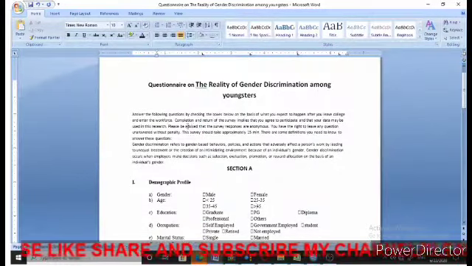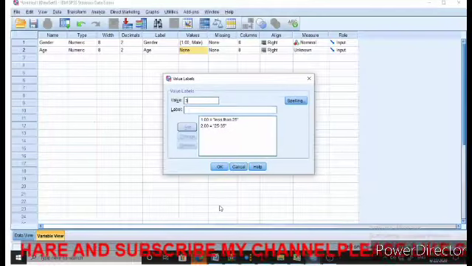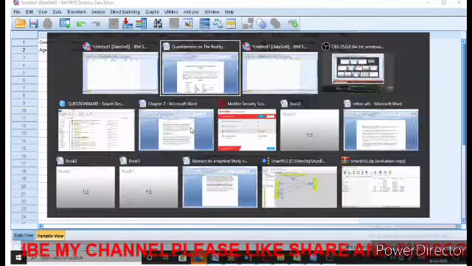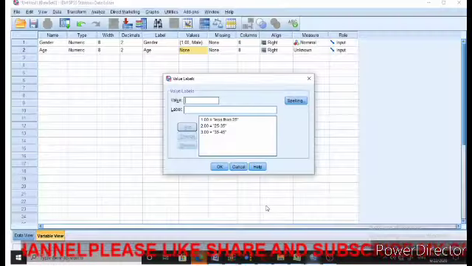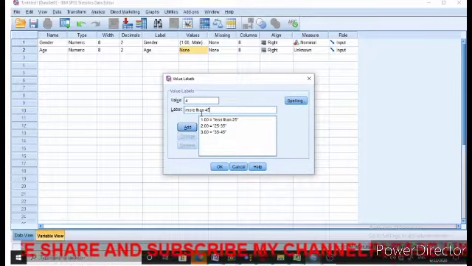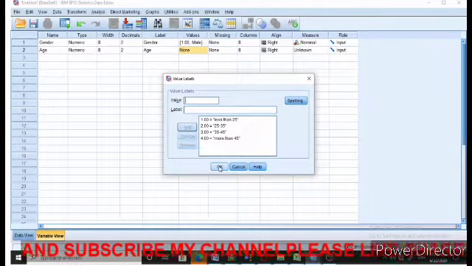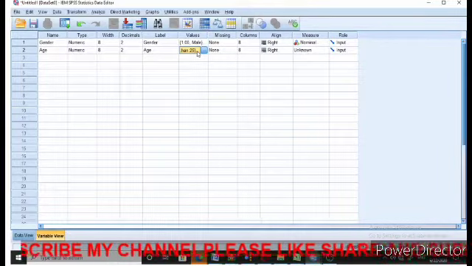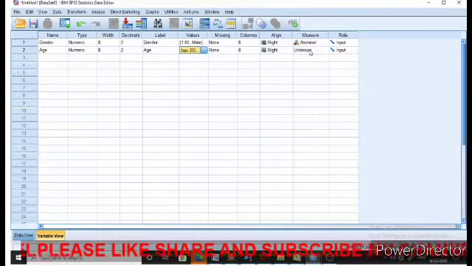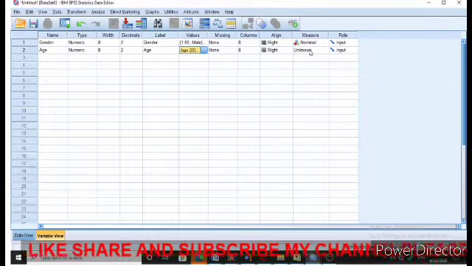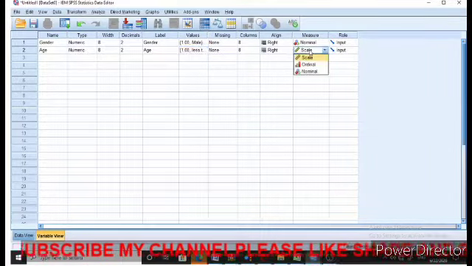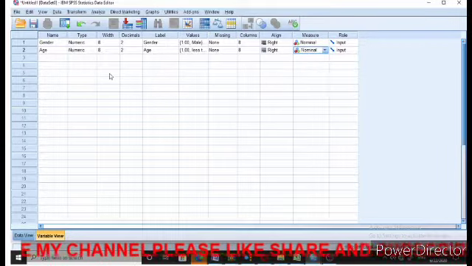Third is 35 to 45, add. Fourth is more than 45, add, and I will press OK. Now you can see values are over there. Again it is nominal, as they are mutually exclusive, right? A person who lies in a particular slab will not lie in another slab, right? So we put it as nominal scale, and this is our second entry.